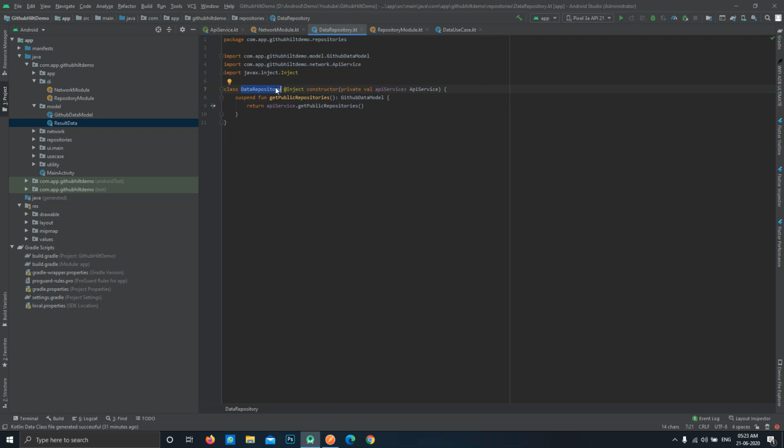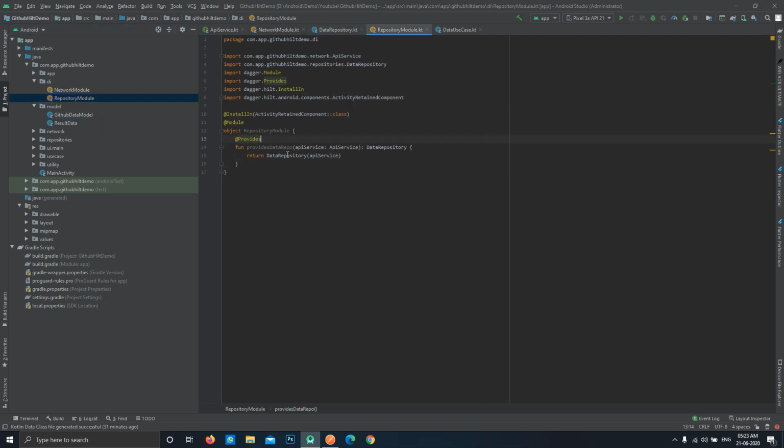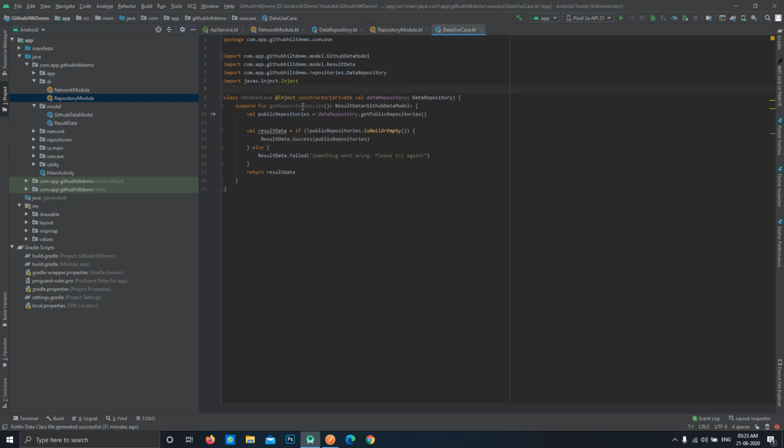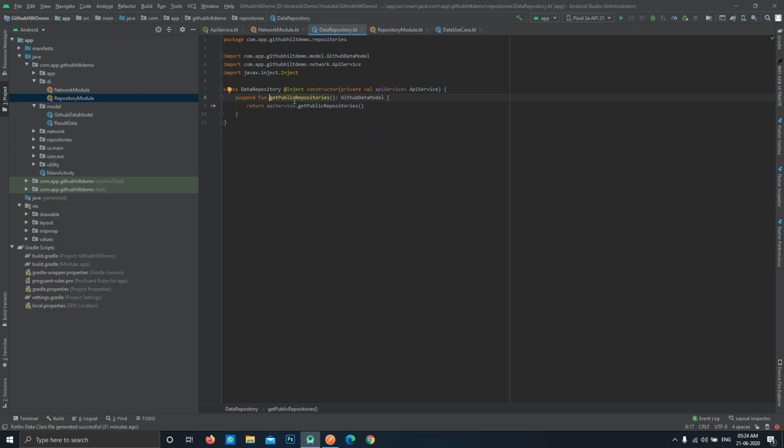And then we have created a separate module which will create the instance of our data repository class and provide the API service instance to it. And then we have created a data use case class which takes the instance of data repository class in the constructor itself, and it calls the get public repositories method of this repository, which will return our final data from the API.